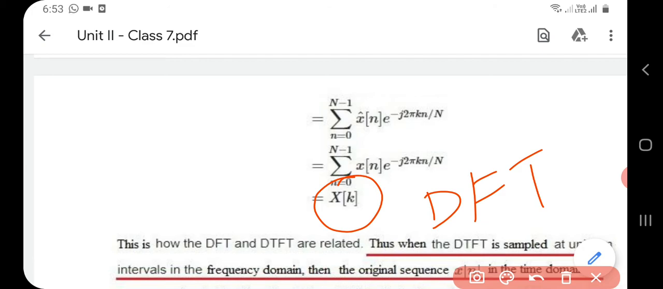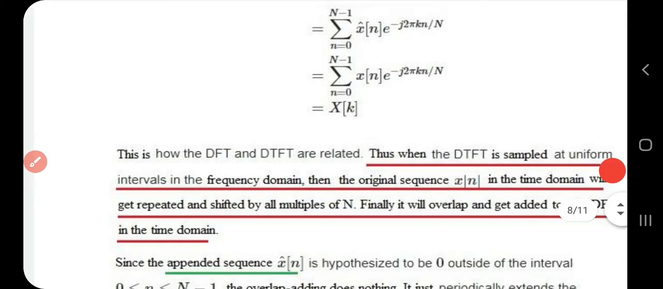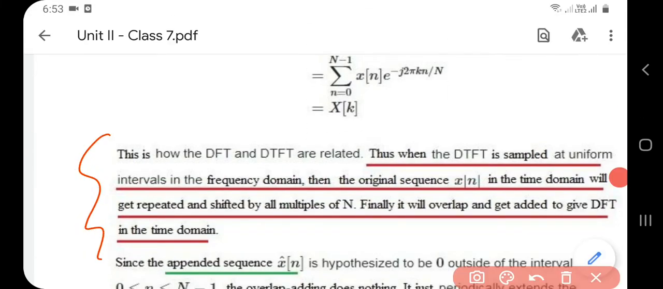So from the DTFT X(e^jω) we obtain X(k), which is the DFT. So this is how DFT and DTFT are related, or this is how DFT is derived from DTFT. This particular sentence is very important. Here is a proof of how it is derived, and everything is summarized in this particular